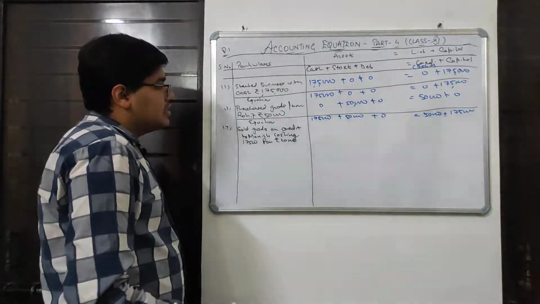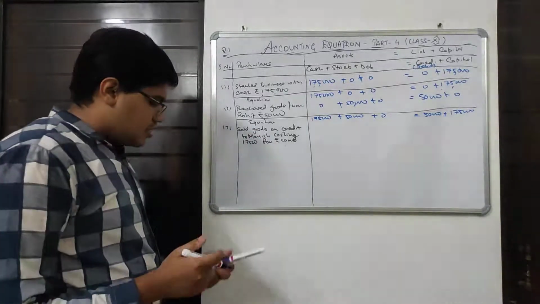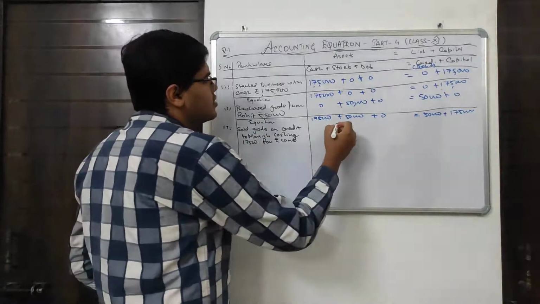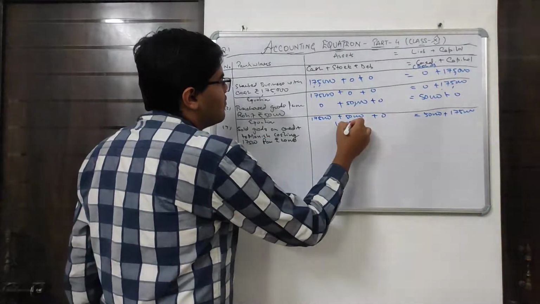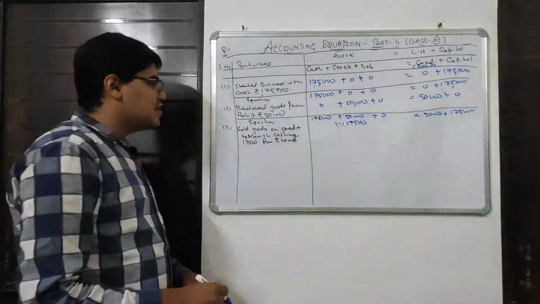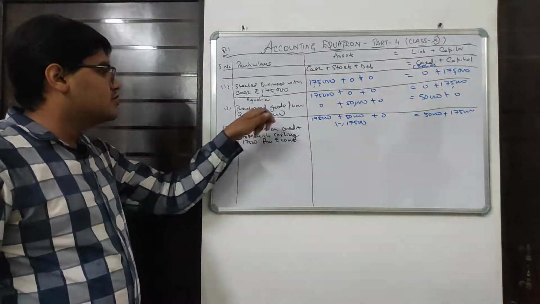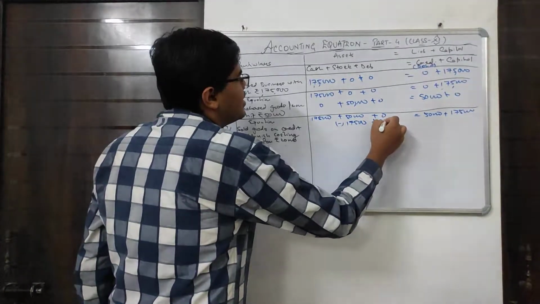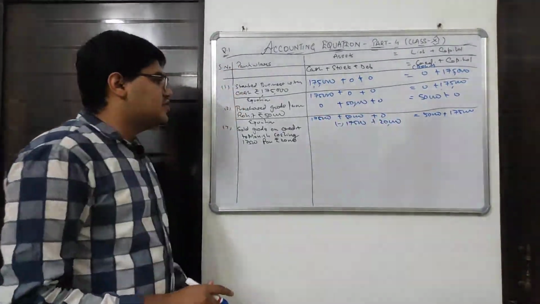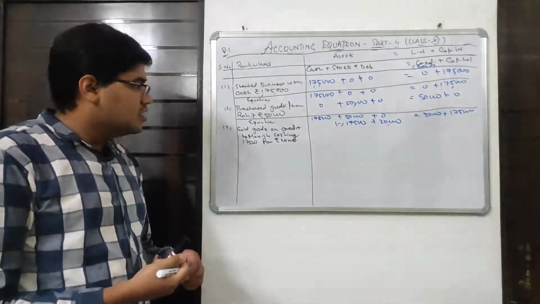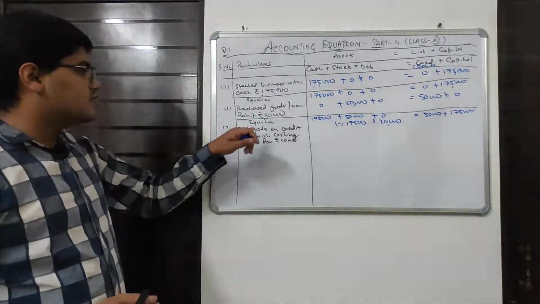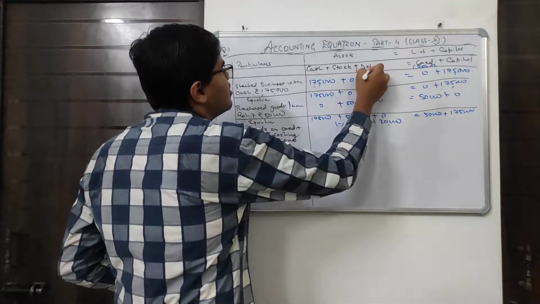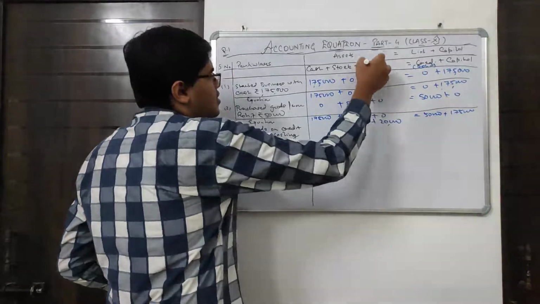Now let me explain: sold goods on credit to Manish. We are selling the goods and the cost price of the goods is 17,500. So 17,500 will be deducted from stock, and we are selling the goods not on cash but on credit, so 20,000 will be added in debtor, as told in the definition of the debtor. Debtor is a person to whom we are selling the goods on credit. So Manish is our debtor. You can write here in this column Manish debtor.